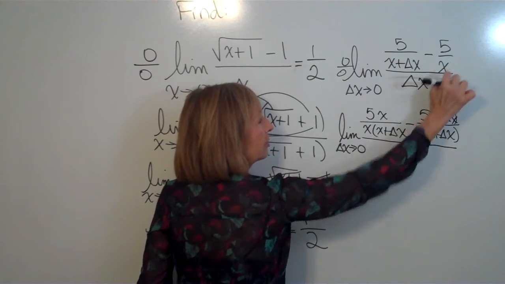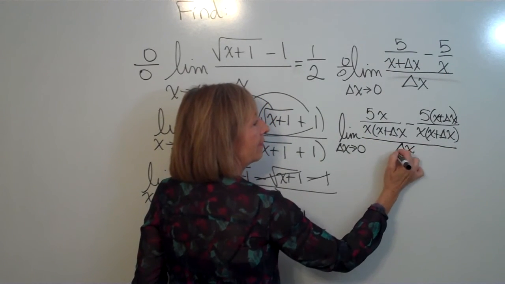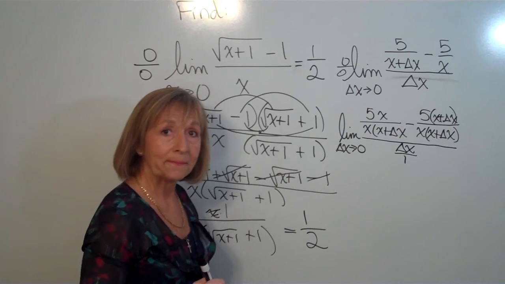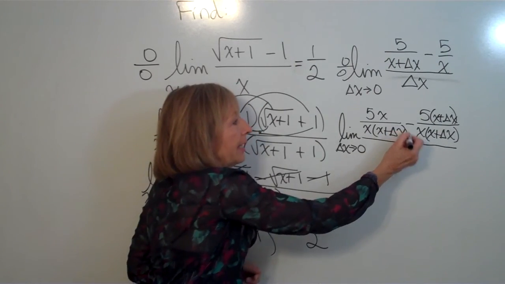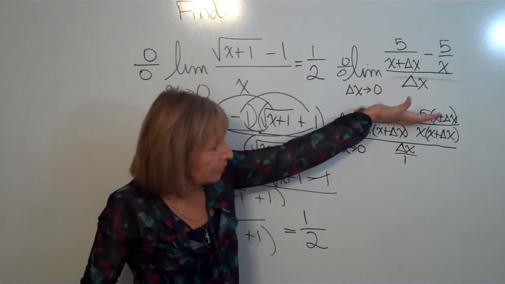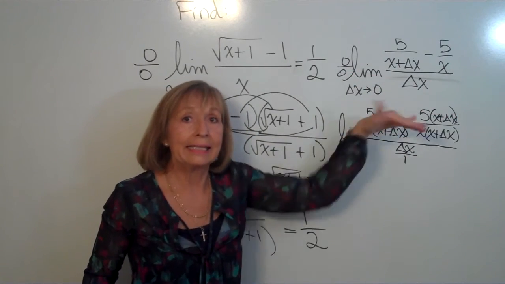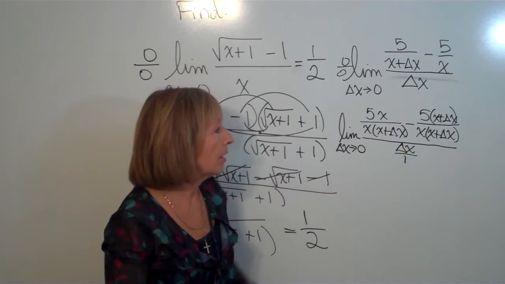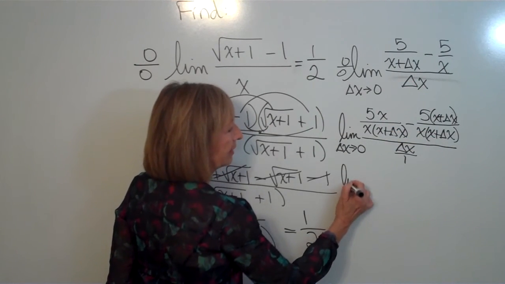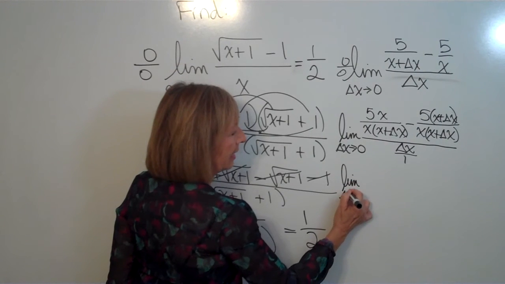And don't forget that that's all over delta x, and I can think of that as a delta x over 1. Okay, so now in the numerator you have a common denominator. So you're going to combine the numerators and keep that common denominator and then have your fraction bar with that other fraction. So that's a limit as delta x approaches 0